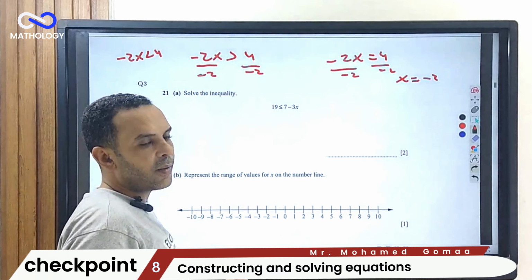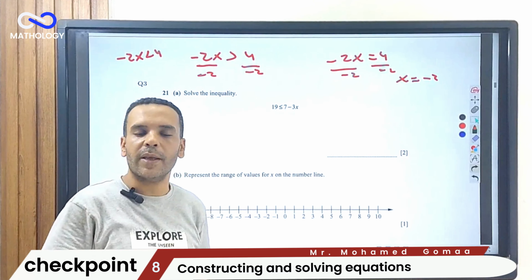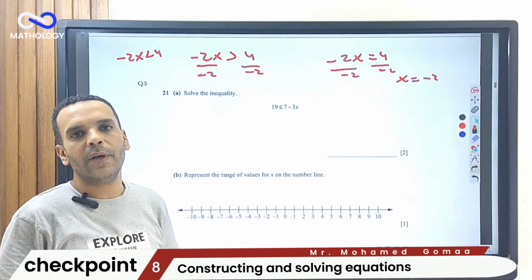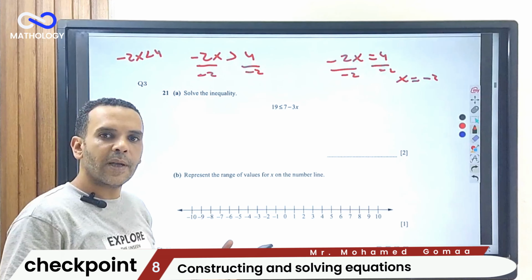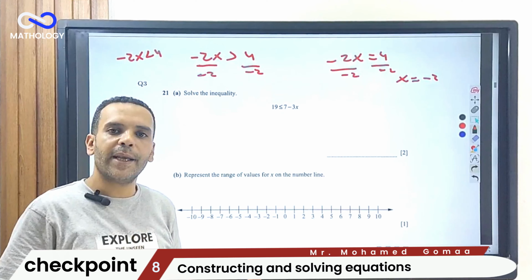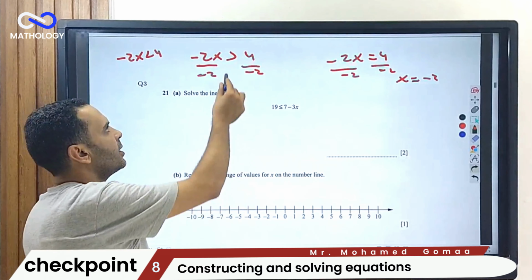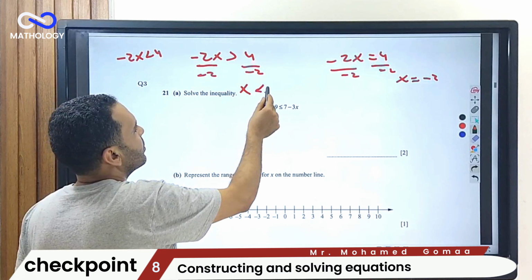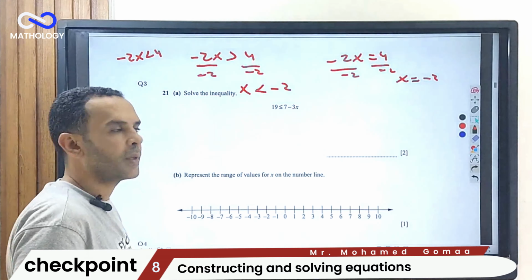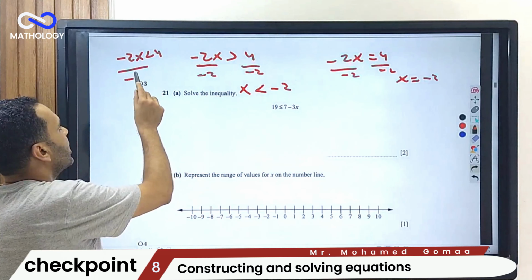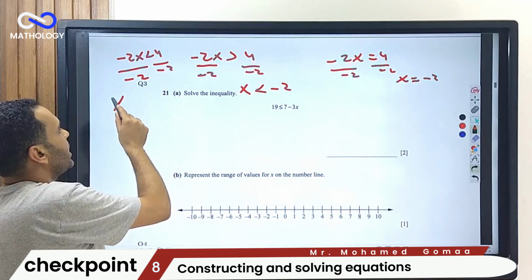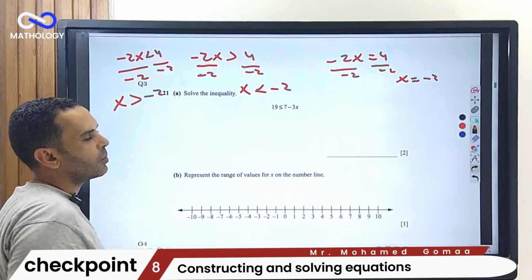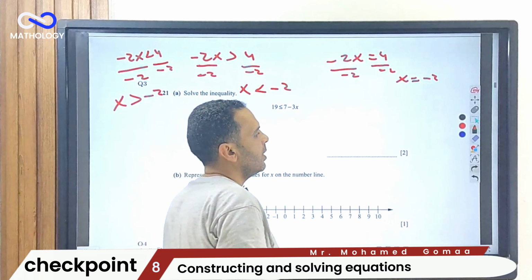When we divide both sides of the inequality by negative 2, or any negative number, you have to change the sign of the inequality. It will be x not greater but smaller than negative 2. Here also, if you divide by negative 2, it will be x greater than negative 2. Why? If you think about it,